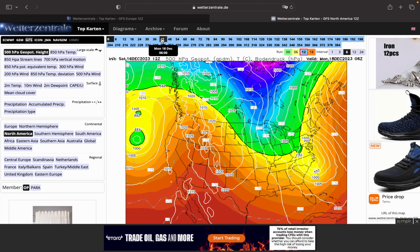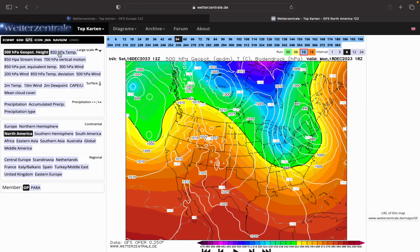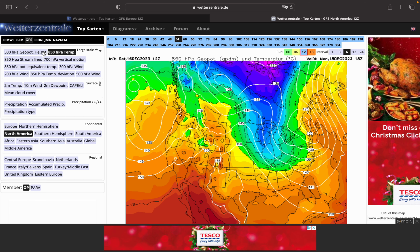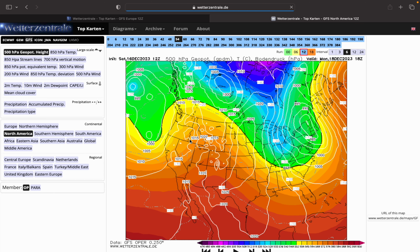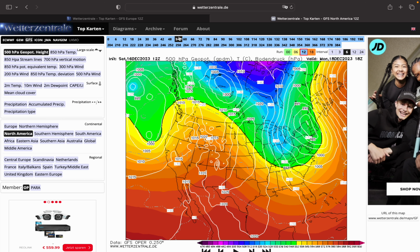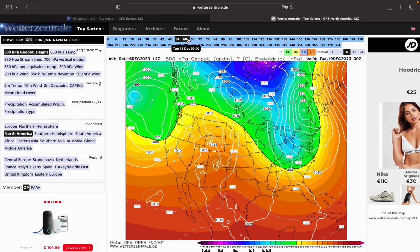This mainly stays away, though a cold shot will come down into the Midwest on Monday. Upper temperatures with that are very cold, actually. It brings the -15 ice dome southwards, so that is a cold plunge. For the west, it's staying mild, and it seems like we're seeing some low pressure with rain coming in off the